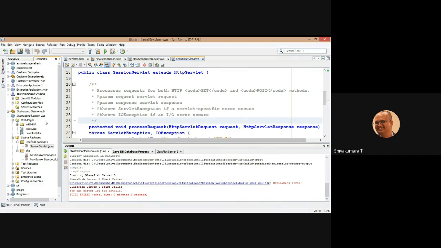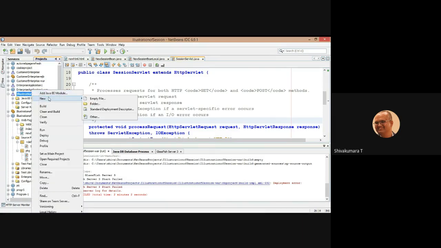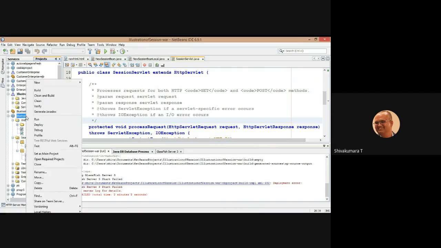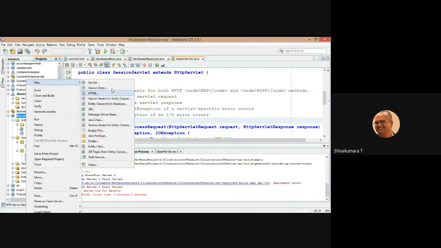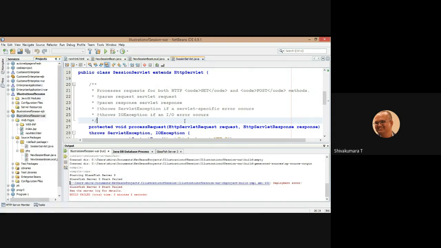Before inserting the code, you are required to add the session bean. You are required to add the session bean new session bean here, insert code,